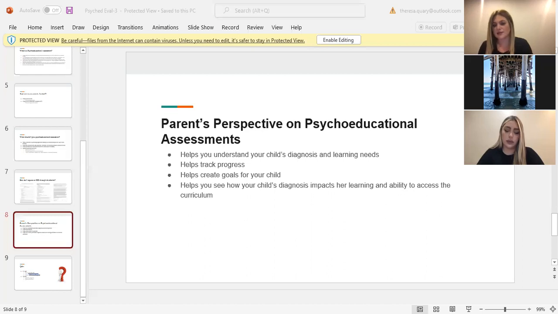And sometimes, taking the time to invest in those assessments, whether it's funded privately or funded by the district, and doing our due diligence to get that done through the district, is important, because you do end up getting a lot of valuable information that you can use in multiple areas. And so I think that's a key factor here.